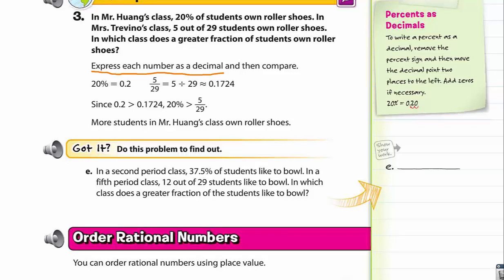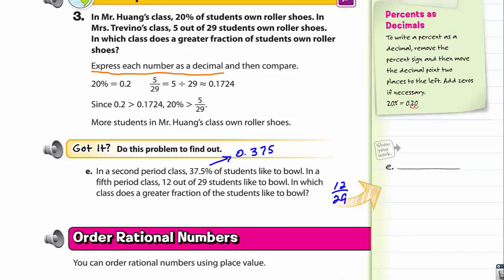Okay, here we go. Let's use this space right out here to do problem E. 37% of the students like to bowl in the second period class. In the fifth period class, 12 out of 29 like to bowl. So we've talked about changing percents to decimals. There's a whole video on that if you need to go watch it. That as a decimal is 0.37, or 0.37 as a decimal. The 12 out of 29,